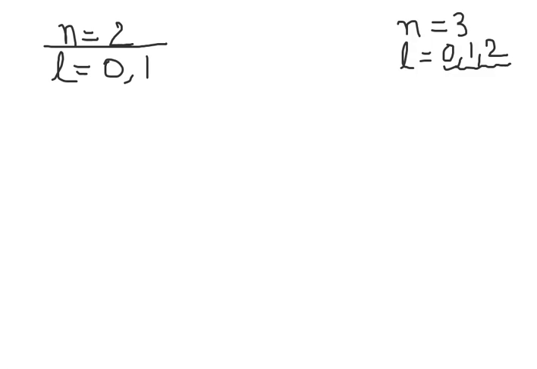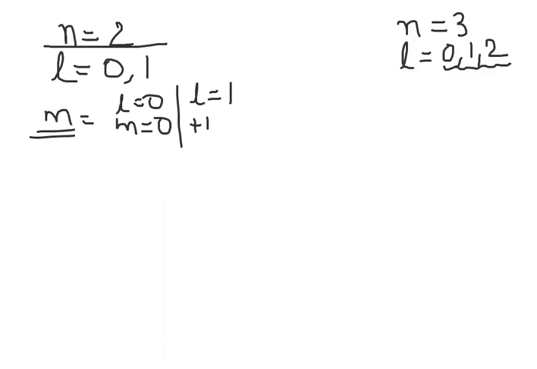Exactly in which subshell. So L, 0, 1 are the permissible values. That means you are allowing that L can have a value of 0, L can have a value of 1. Now, if I am talking about the value of M, then it will depend on whether L is 0 or L is 1. If L is equal to 0, M has to equal 0. There is no choice. But if L is equal to 1, then M has permissible values of +1, 0 and -1, meaning that there are 3 permissible values.